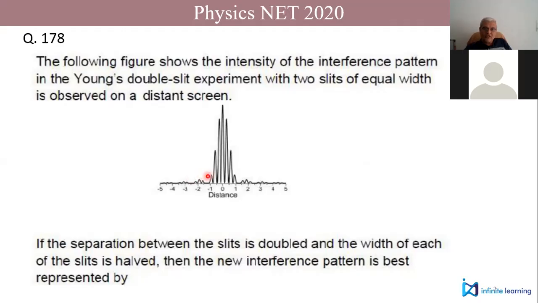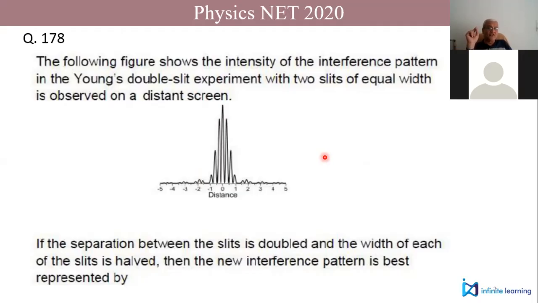So this width of the central maximum, you see this first bunch, right? That width will increase, close to double, not double exactly, but close to double. Yes, sir. And in case of interference, remember what is